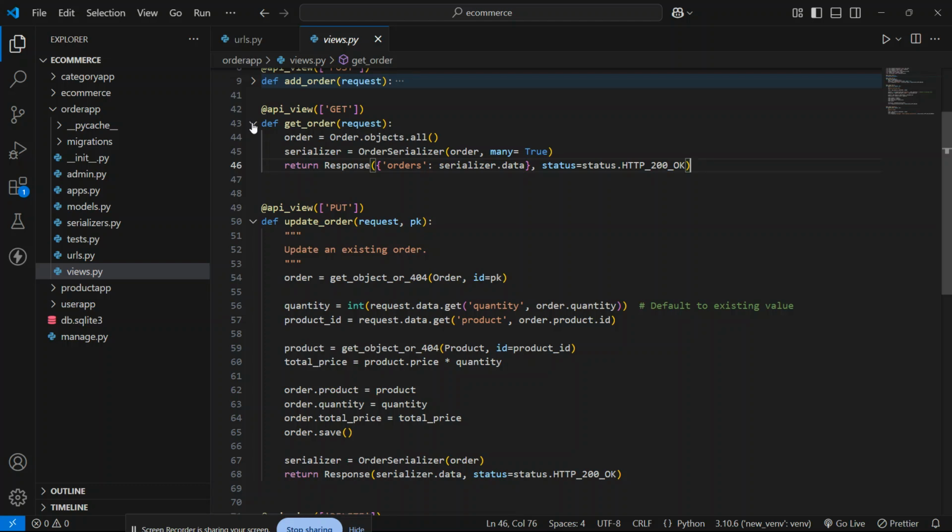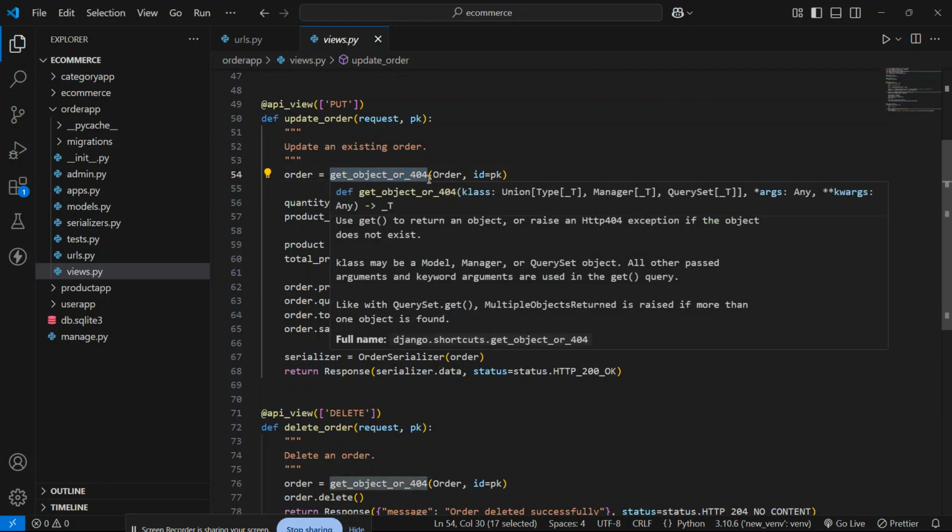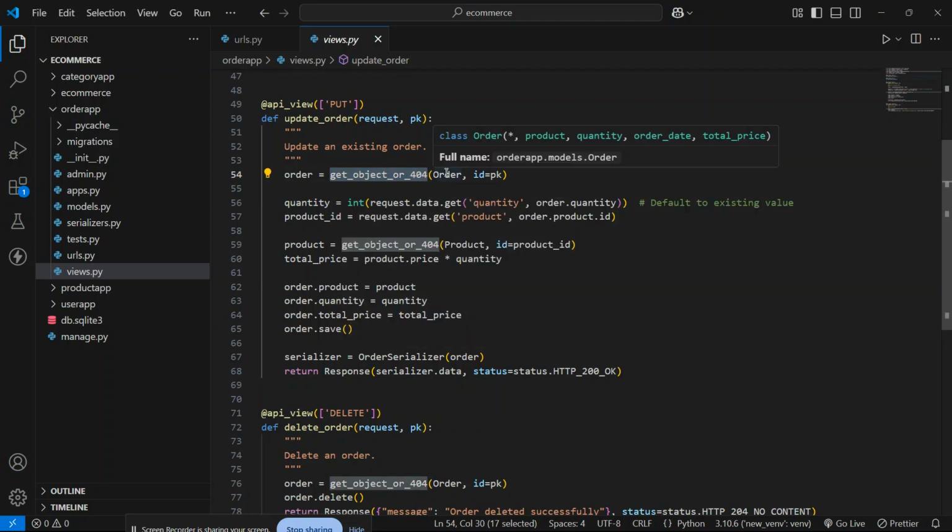This is all about the get, and this is the put for updating my order. Again, same, by this get_object_or_404, I am taking all the data from the order model with this specific ID. I'm checking the specific ID and the specific data of that ID I will fetch and store inside this order variable.